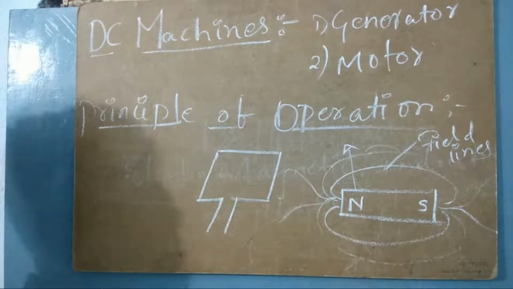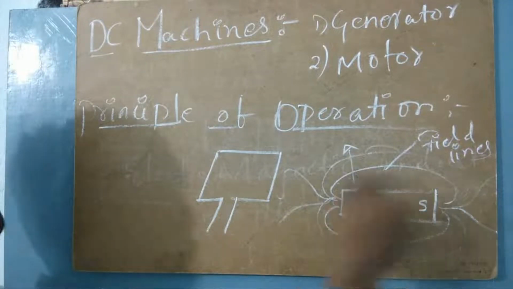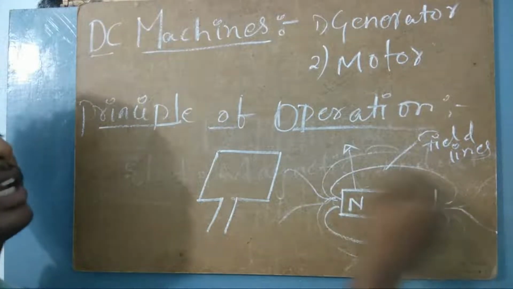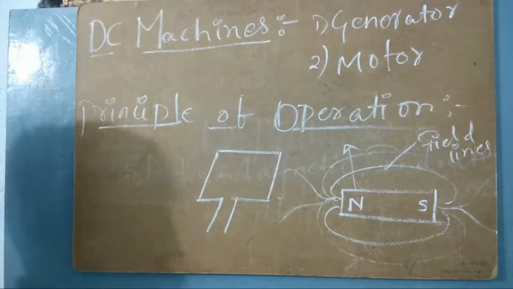So can we produce it with the help of electricity also? You might be asking me some questions like, this is producing some kind of magnetic field, it's okay, but can we produce the same magnetic field with the help of electricity? Yes, it is possible. Why not? Because it will be possible by the following laws. I will tell you in detail.